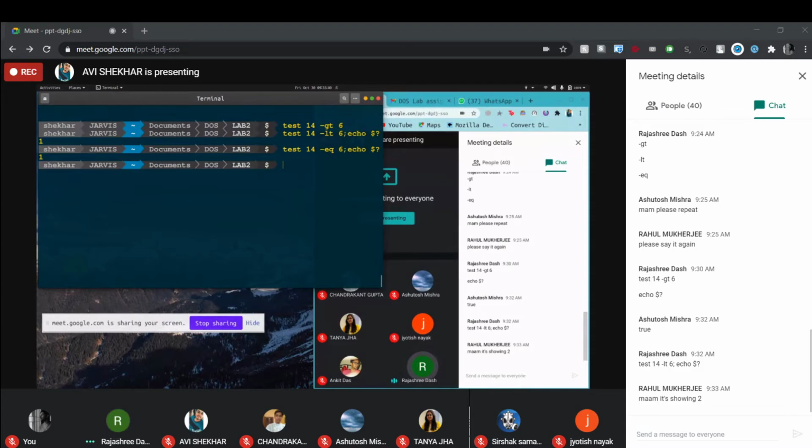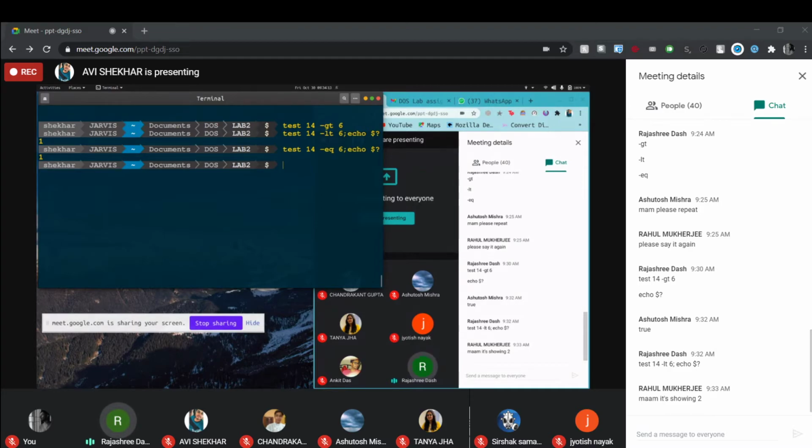If it is showing 2, that means it may be set as any positive number, not equal to 0. Normally, wherever I have checked, either it was showing 0 for true, 1 for false. Or you may consider 0 for true, or any positive number you may get as your false case.